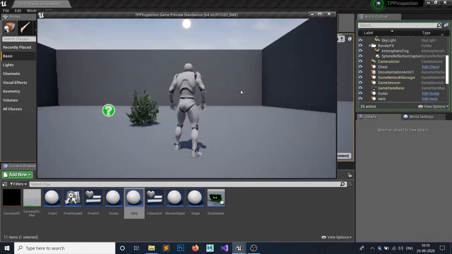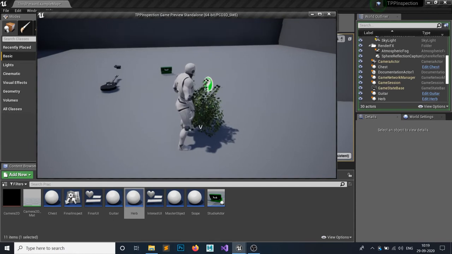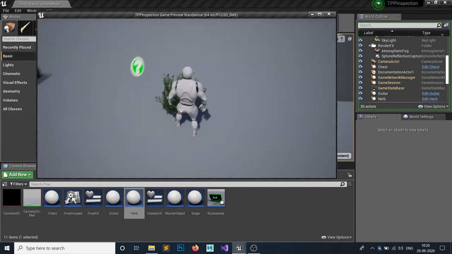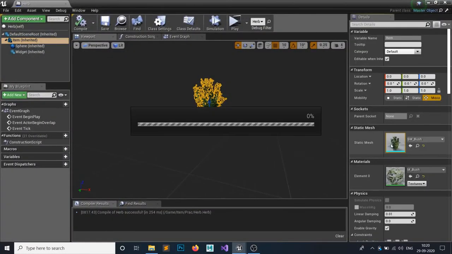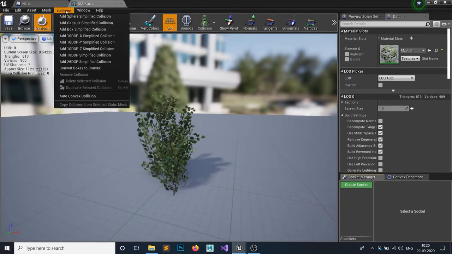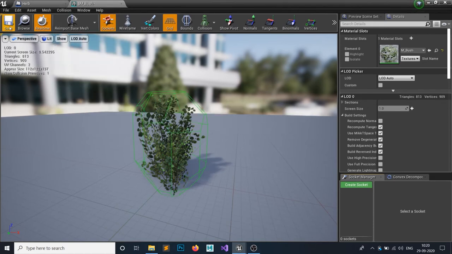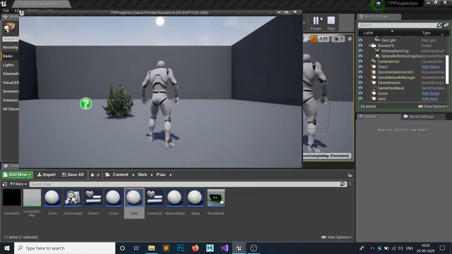So if you hit play and go there, you might find that we have this arrow icon, but you can't inspect it even though I'm facing towards it. So why is this happening? It's because the bush doesn't have any collision. If you open this bush static mesh and search for simple collision, you don't find it. So we want to make a collision, so just click on this collision bar, and I'm gonna make it let's say this one. Yes, I'm satisfied with this, so it's okay for me. Save, and this might work now.